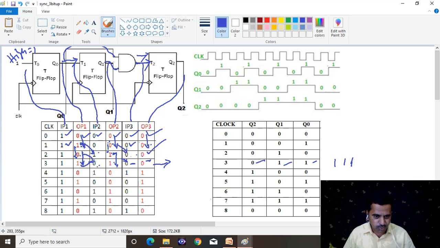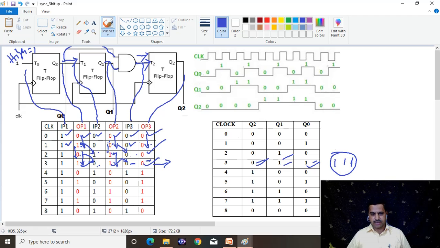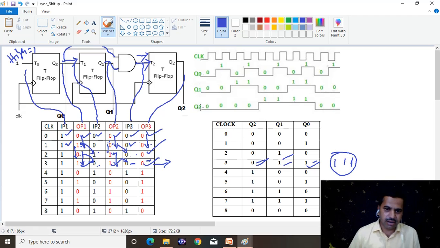So now the outputs are 1, 1, 0, and the rest 0. This circuit solves the problem of getting 0 1 1, where earlier in that construction we were getting 1 1 1. We were getting the wrong result, now we are getting the correct one. Again proceed further, what will happen in the next clock cycle. At the end of the third clock pulse, we are getting 0 1 1, that is decimal 3.